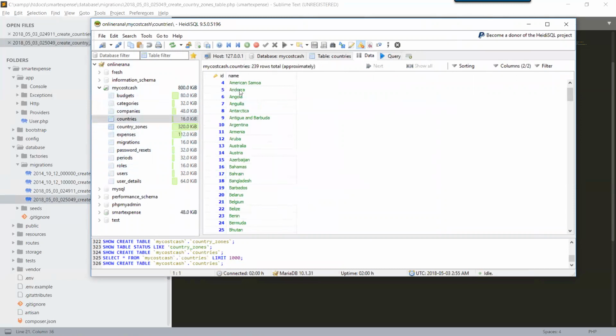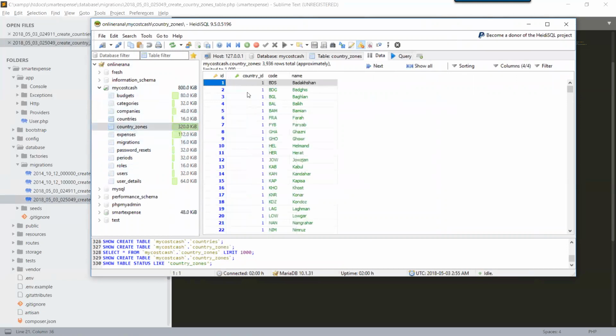For example, at ID one there is Afghanistan, and Afghanistan has the state codes BOS, BOG, BG, and you can see its names. These are the names of the states. So this is the relation that we are going to build.